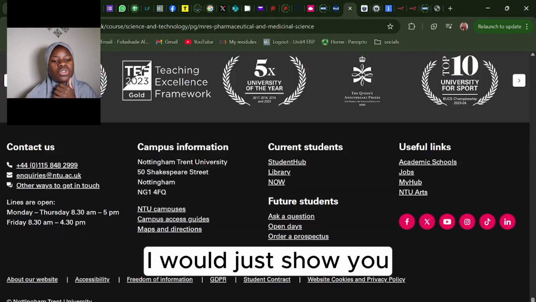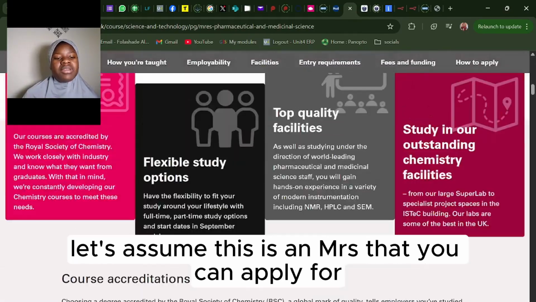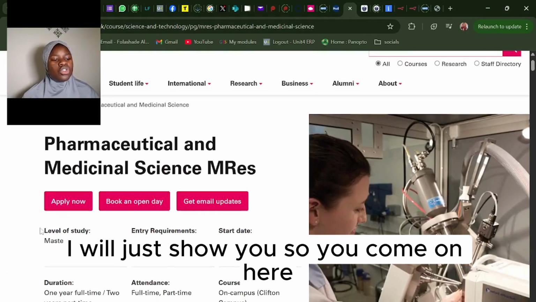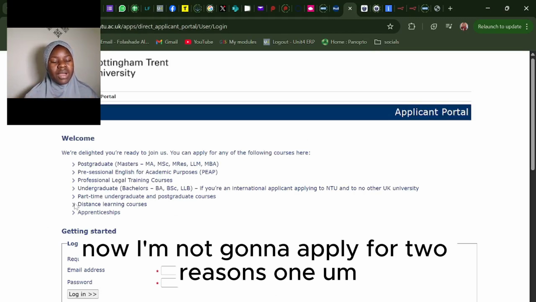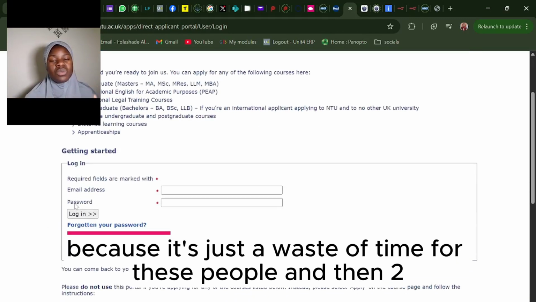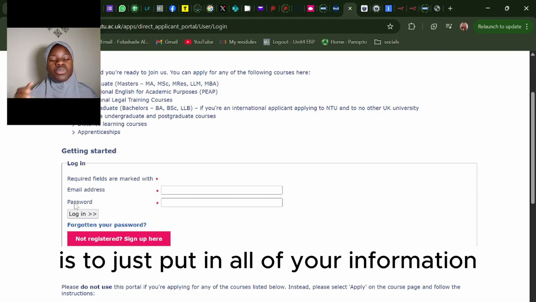So I would just show you, let's assume this is an MRes that you can apply for. I will just show you. So you come on here, so you're happy, everything is all well and good. You click on your apply now. I'm not going to apply for two reasons. One, because it's just a waste of time for these people. And two, a lot of what you need to do here once you start the application is to just put in all of your information,